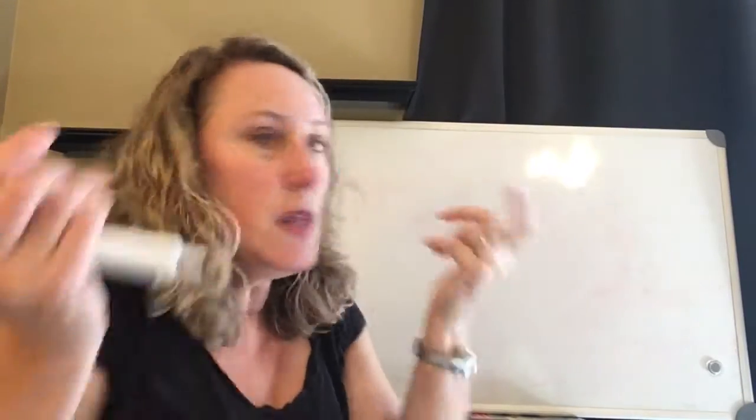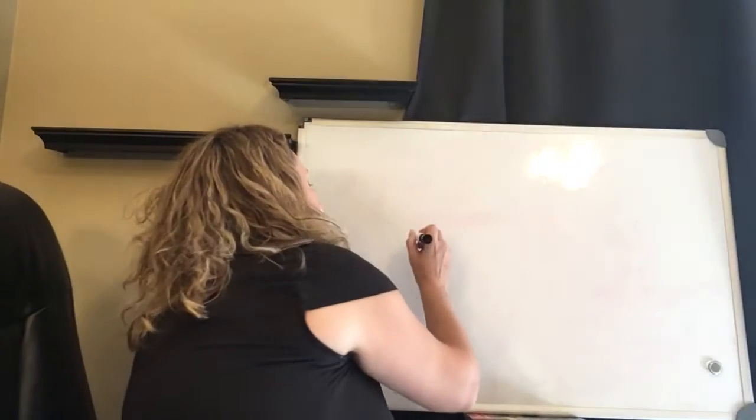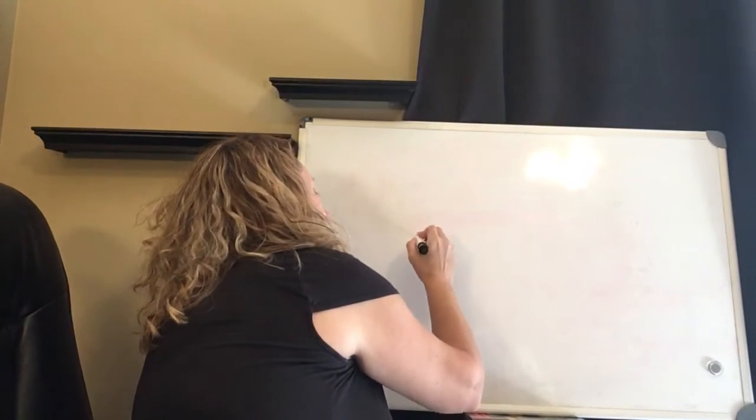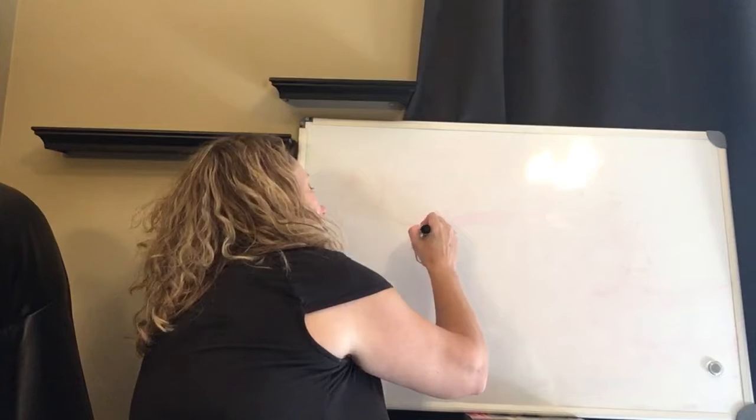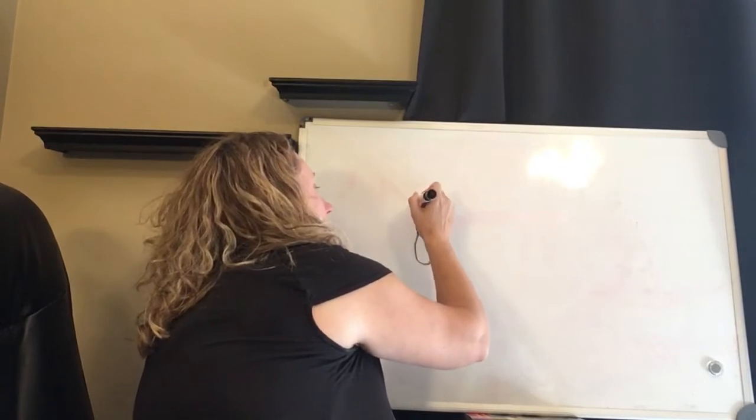A description might be we tied some balloons to a string, and then we balanced it, and then we untied one of the balloons, we blew it up, and we tried to balance it again. And maybe your result looks something like this. Probably if my marker works. A little string, we had